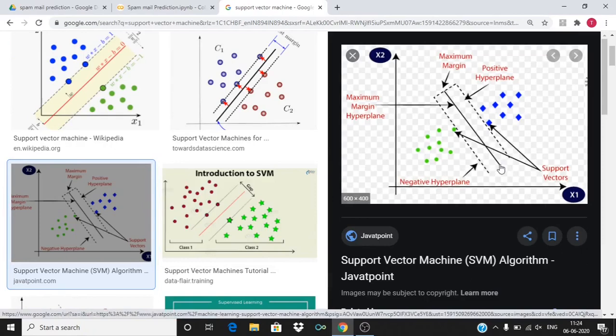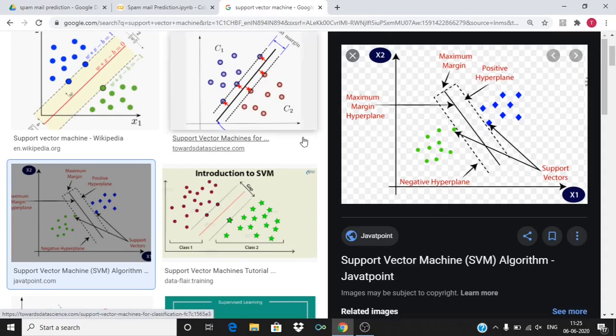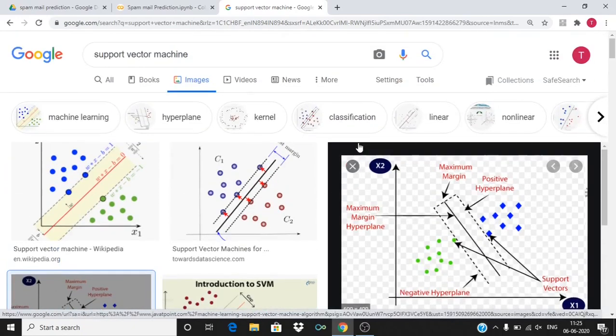The two kinds of data are segregated on two sides of this line. The data should be as far away from this hyperplane as possible. If the distance is more, we get a better prediction. This is the basics of support vector machine. In our case, spam mails will be located on one side of this hyperplane and ham mails on the other side. So let's go ahead and implement this.